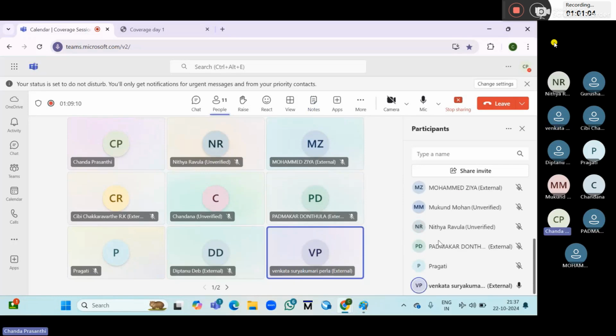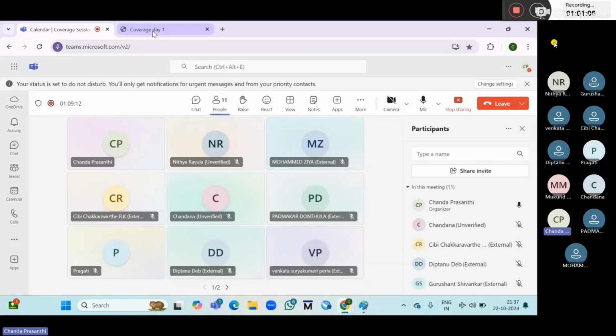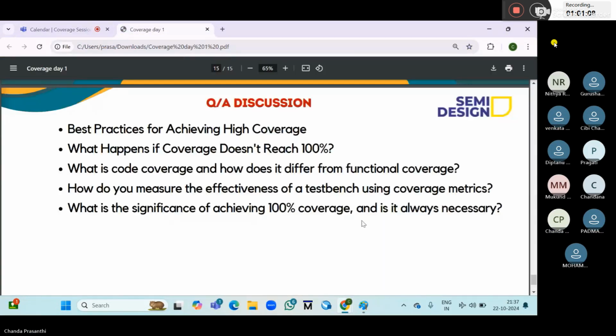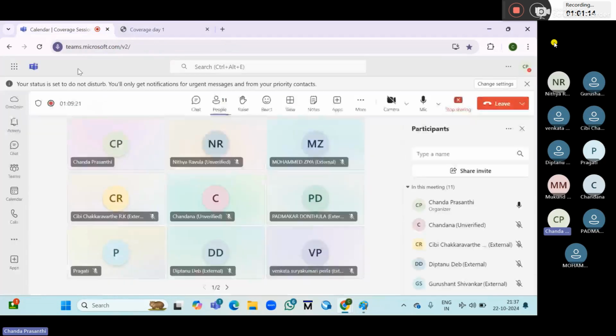Okay. What is the significance of achieving 100% coverage? Is it necessary? In some conditions it needs 100% coverage, but in some conditions we don't need 100% coverage, depending upon the design.